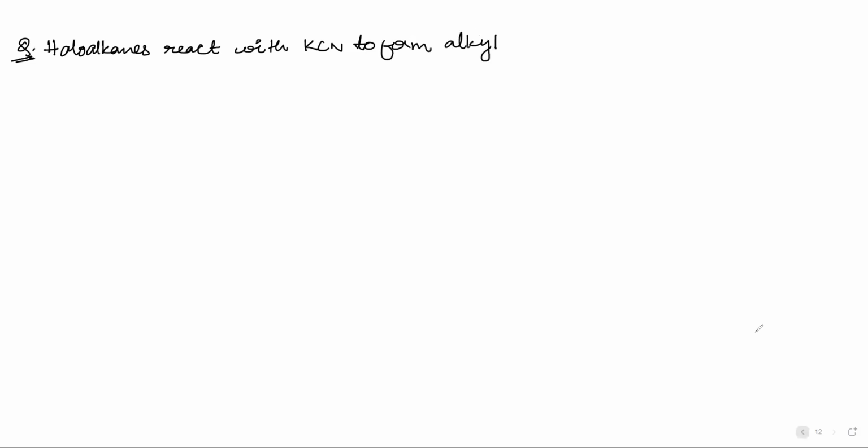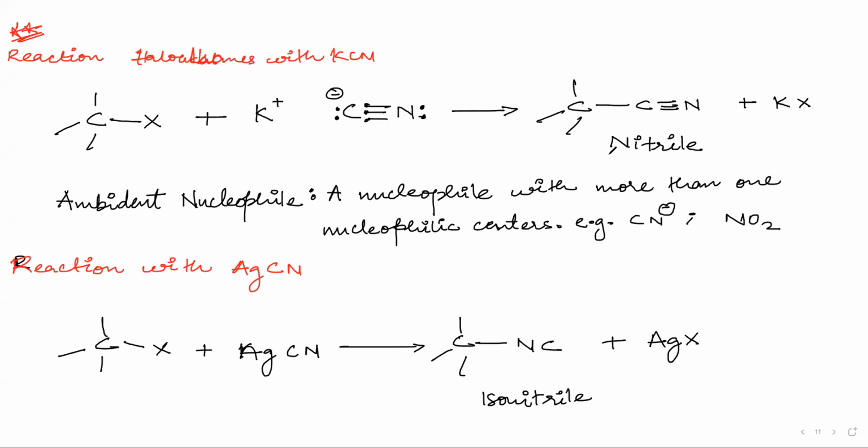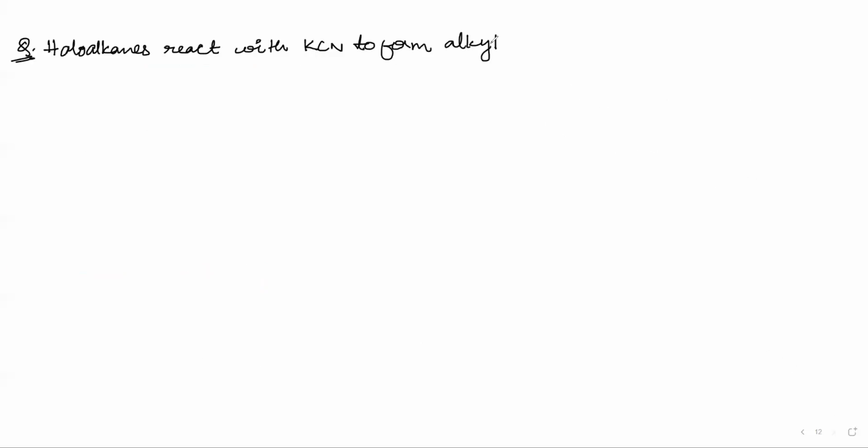Same thing. This is nitrile in the sense that it is a functional group. That is how I write alcohol, right? But it is not always just alcohol, it is alkyl alcohol, alkyl and then the OH group. So it is alkyl nitrile. Haloalkanes react with KCN to form alkyl nitrile, but